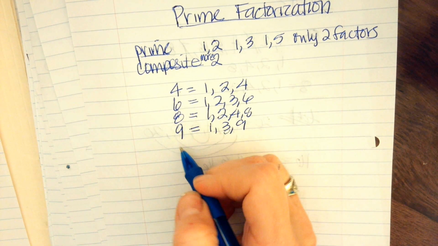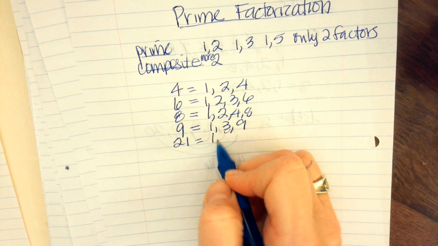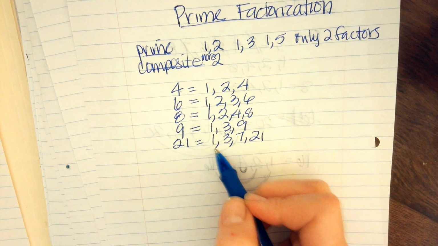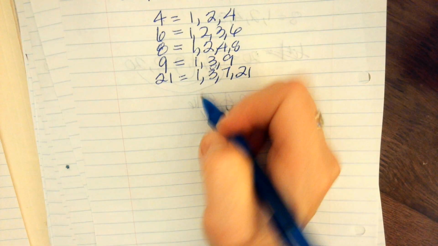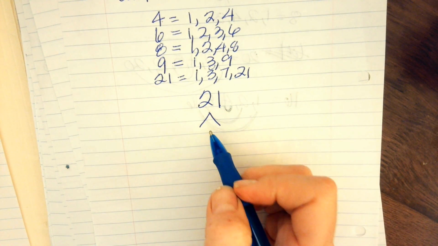You actually have to go and look at all the numbers, like 21. 1, 3, 7, 21, right? Composite, even though it's odd. So it has nothing to do with it being even or odd. Now, a prime factorization tree is an easy way to kind of get all of the factors down to prime